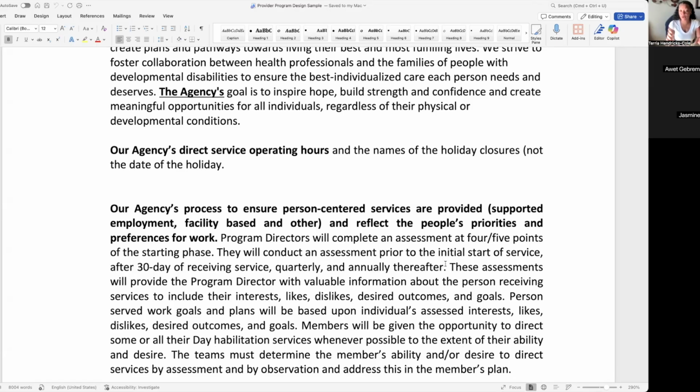In phase 2 of my program, we go a lot more into documents, the systematic part of the business, like how to create documents to do assessments, files for your employees, files for your individuals. But for licensing purposes and application purposes, they just need to know your process. So you'll have an assessment sheet that you fill out when they come in for their tour and when they come in for their first initial meeting.